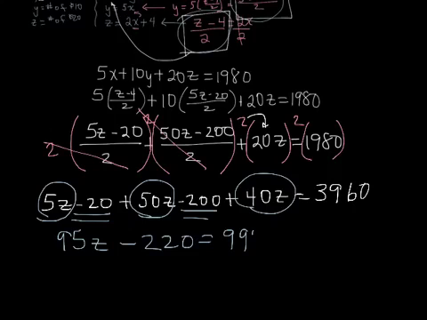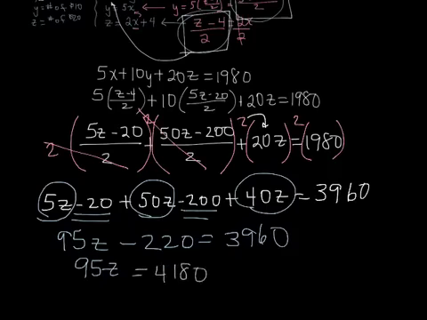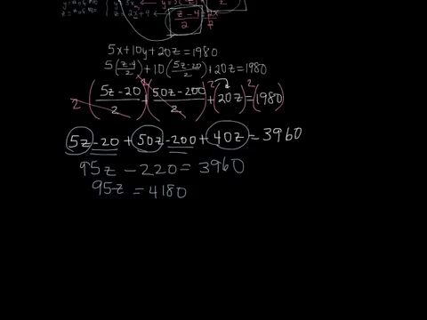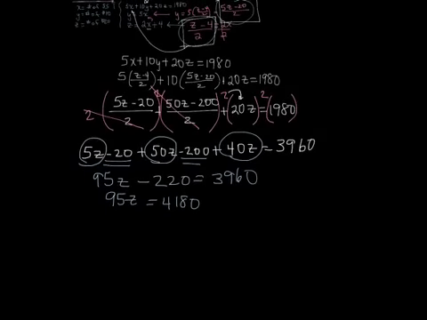Equals 3960. So now I take 3960 and I add 220. 95z equals 4180. And I divide both sides by 95, and I end up with z equals 44, which tells me how many